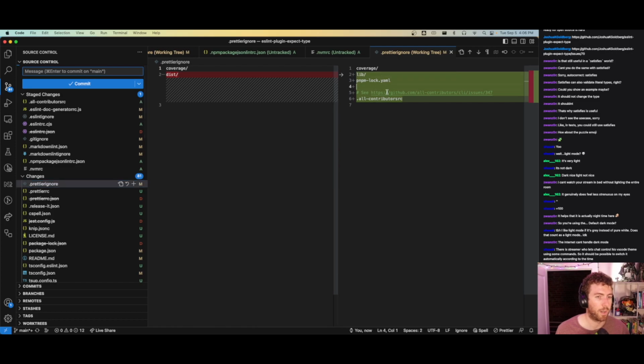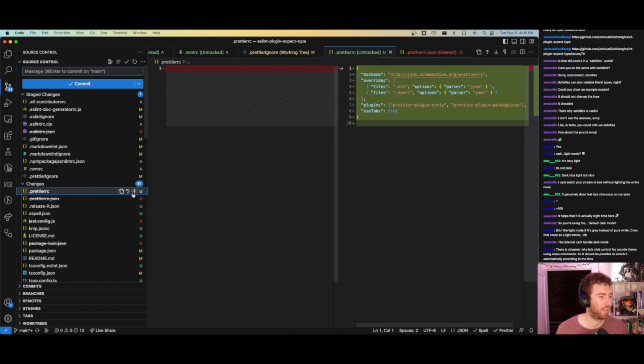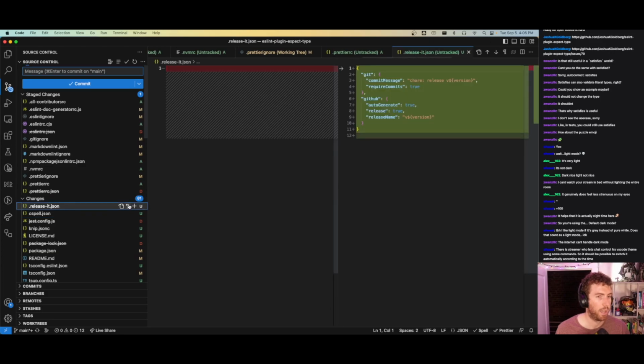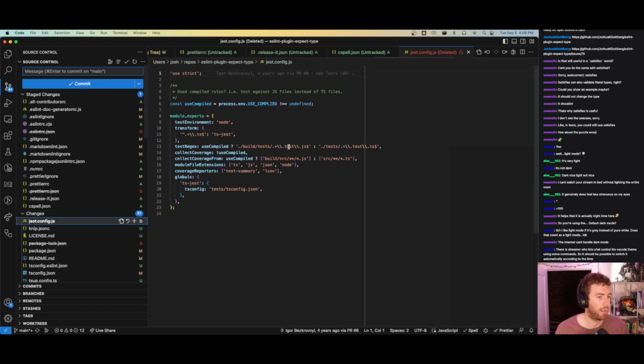This is all looking good. Ooh, I can just remove that. Prettier RC swapped out from Prettier RC to JSON. Yeah, I'm going with much more default options now. Release-it, automated releases. Love that for me. Spell checker. Yeah, this used to use